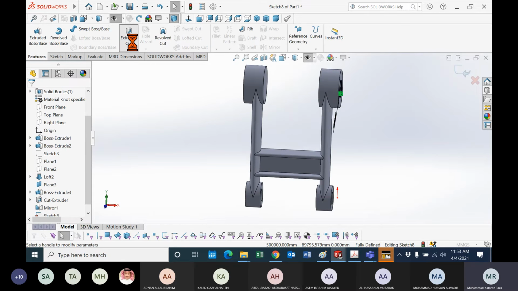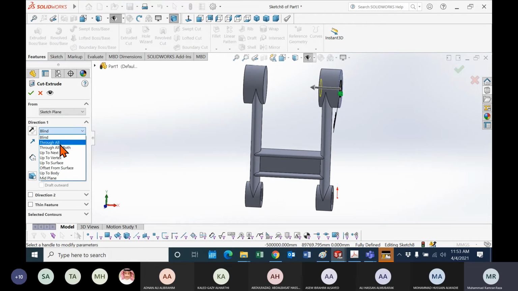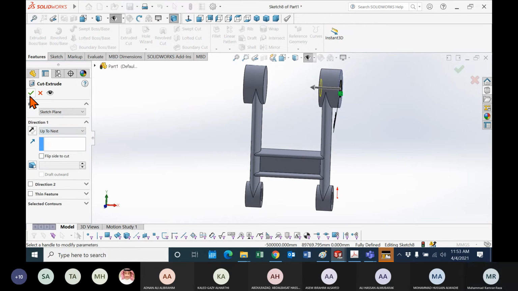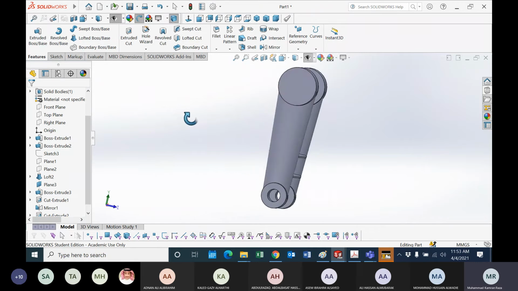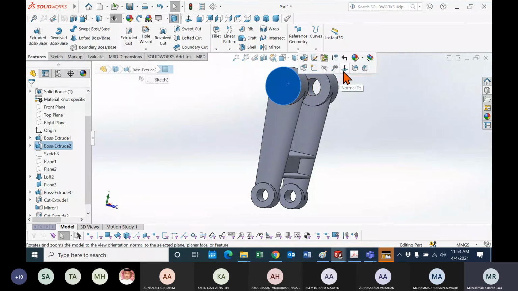Extrude, cut, up to next. Similarly, you can select here,